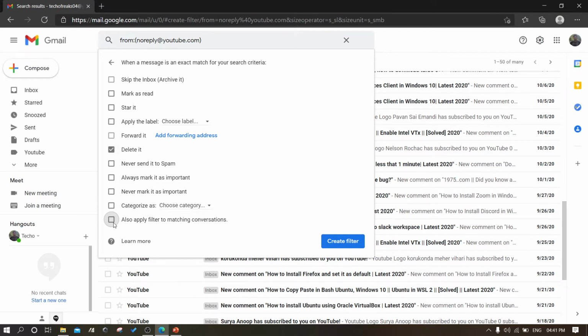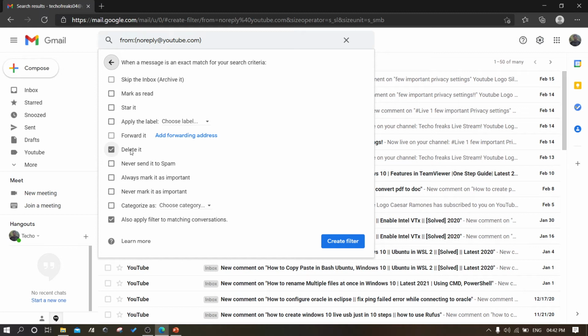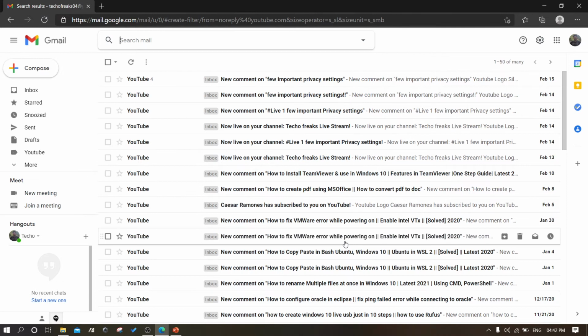But if you want to delete the mails which are already in the inbox, you need to apply this and just create filter. So you got the idea, right? You need to place the email ID which is spamming you too much in the from address, check the delete option as well as also apply filter to matching conversations, and just click on create filter.